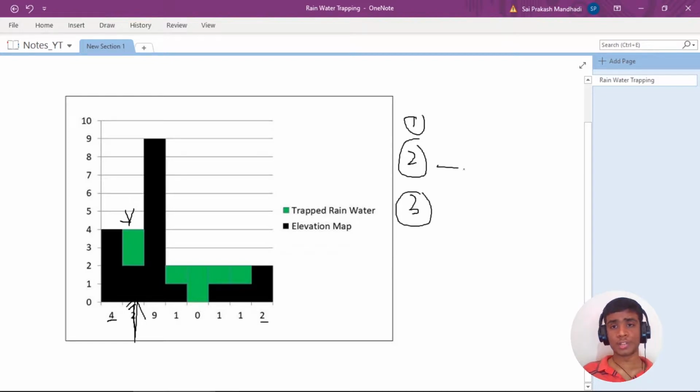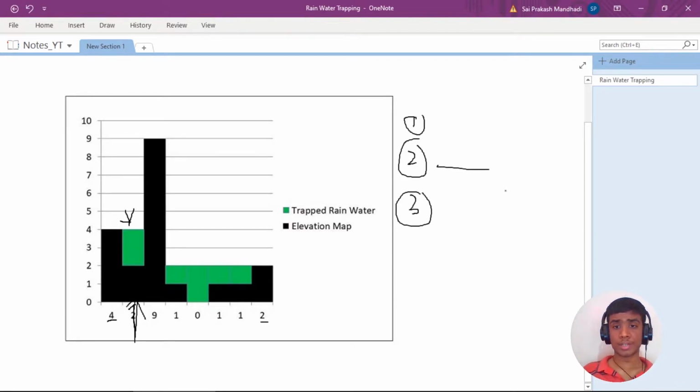The second point is that the capacity that will be stored is only based on the minimum of those elevations, right? Consider you are standing in the middle of a road and there is a 100 meter wall to your left, and there is an 80 meter wall to your right, and you are under heavy rainfall, and you are in a flood. So the water that will be stored at your location is only 80 meters, because to your right the maximum elevation is 80. It doesn't matter how big the elevation is on the left, since the minimum elevation is 80, the water that will be stored is not greater than 80.